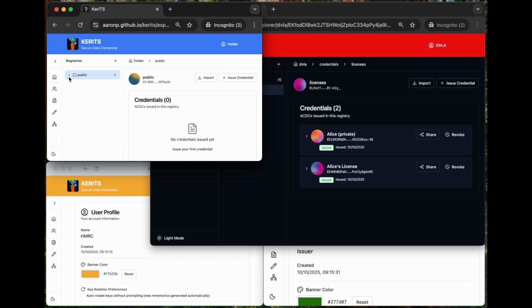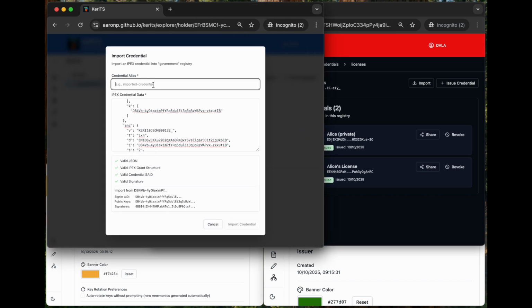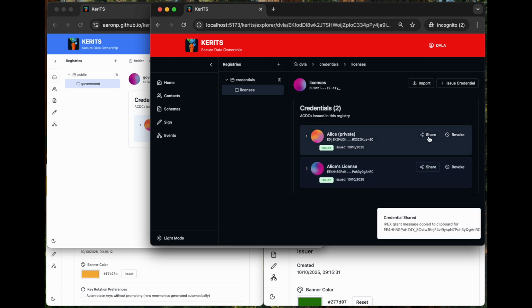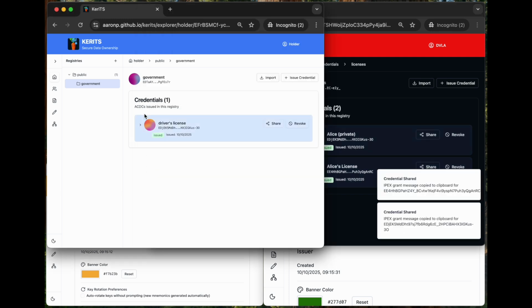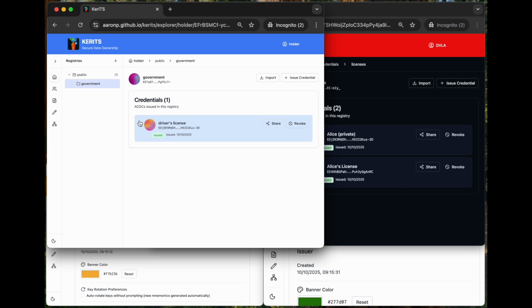And I'm going to take that CESR representation of that credential, and I'm going to import it into her registry. Alice can call it whatever she wants, and she can put it wherever she wants. So she's just going to say, okay, this is my driver's license, and she can see that it's valid, and she now holds that certificate. As we also share the private credential, which only attests to Alice's being over 18 and over 21,